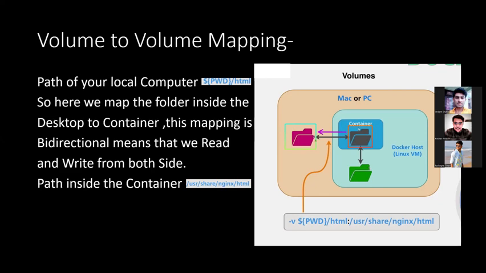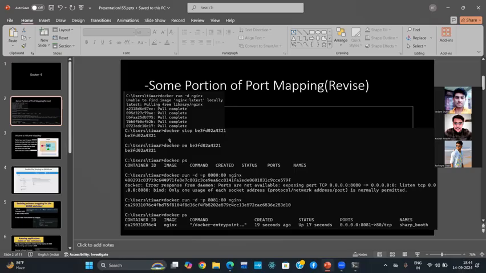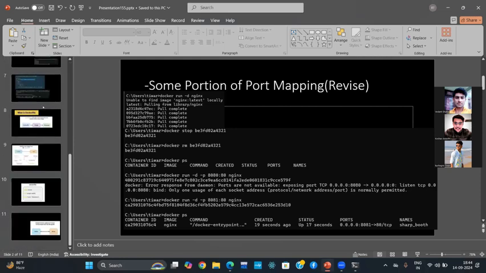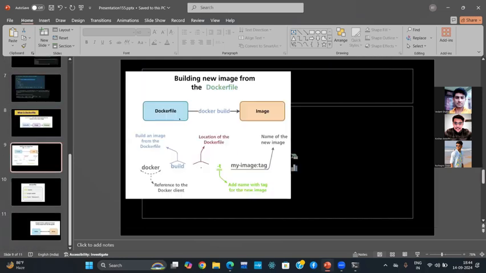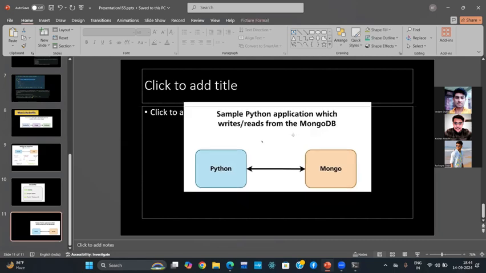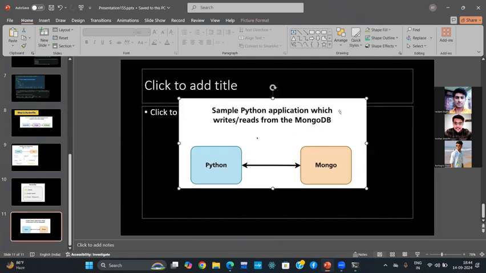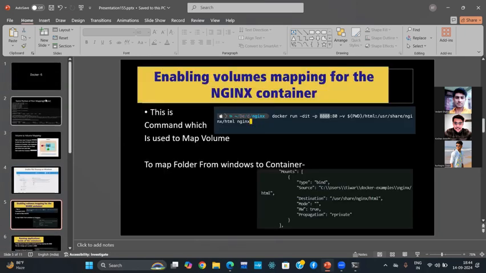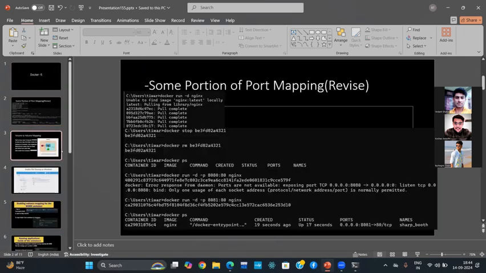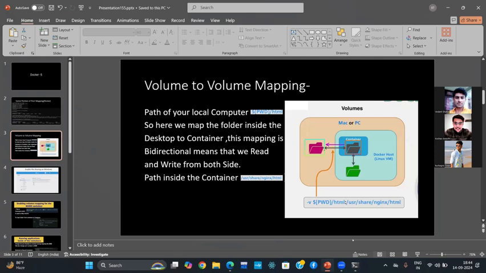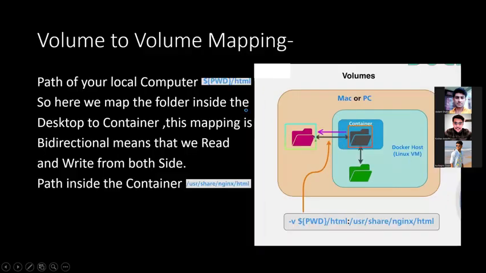Okay, actually this comes from the last part, in the last of my slides. If you look at this portion, sample Python application which writes and reads from MongoDB. These types of programs we can run with the help of Docker host VM, virtual machine. Because I explain the reason why for the particular case of interaction we go here. So firstly, I will explain the path of your